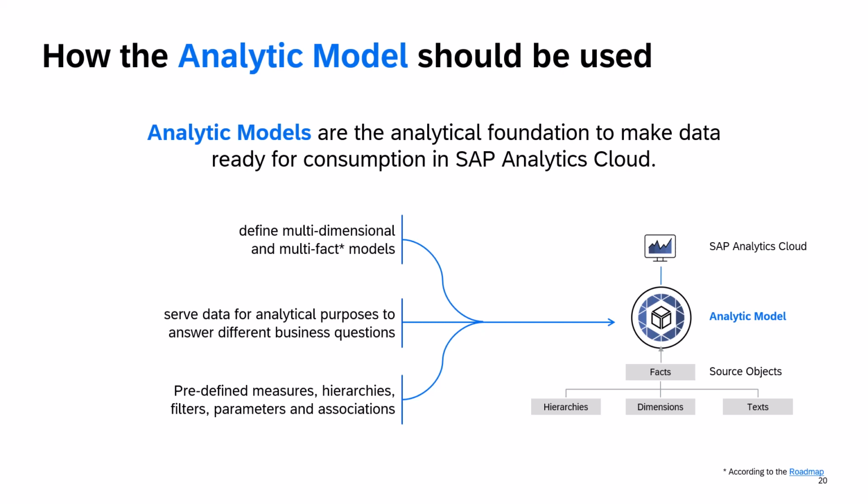So how should this analytic model be used, since we already have quite a good number of modeling artifacts and capabilities in Datasphere? If you look at graphical views or SQL views, they have a lot of different semantic usage types, right? You also see that reflected here on the page: you can model hierarchy, semantic types, dimensions, text. Quite recently, we added the concept of facts, and there's the analytical data set.